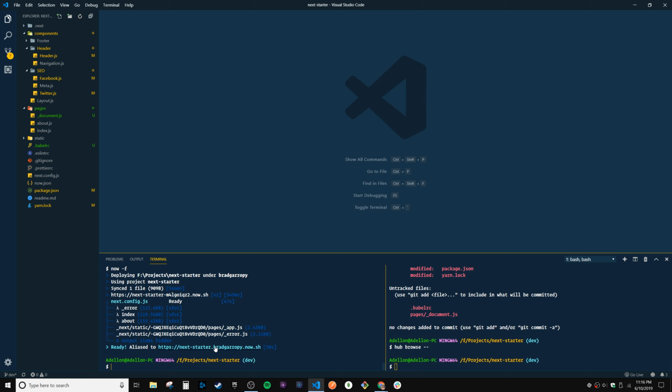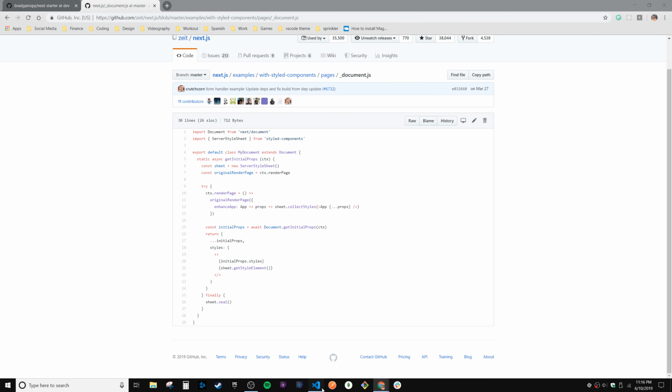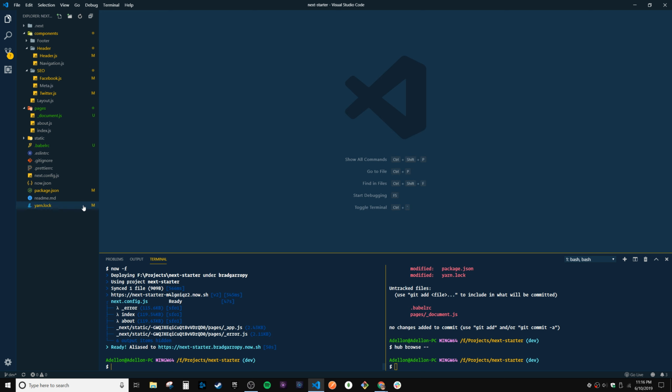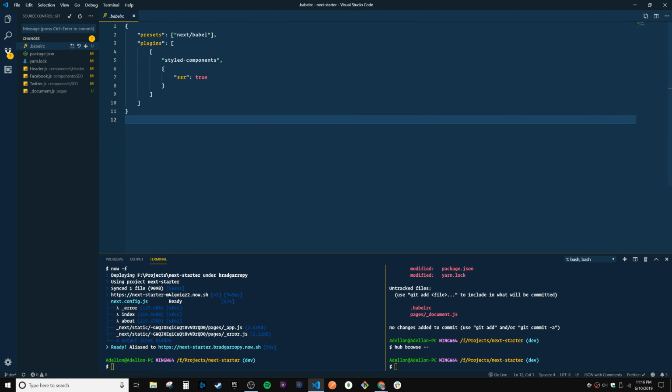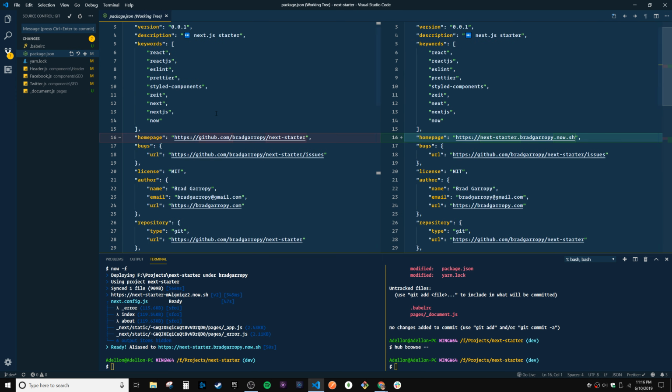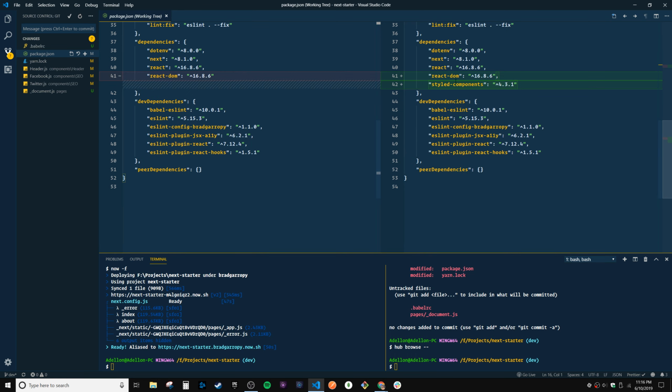All right, so it looks like it's done. Yes. Look at that. That is server-side rendered. It is immediate. So I think we did it. Let's check out what we changed. We added the Babel RC because we told server-side rendering to be true for styled components. Actually added styled components, and